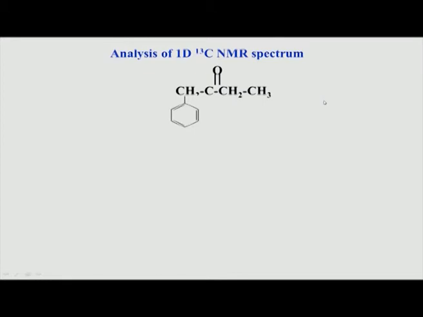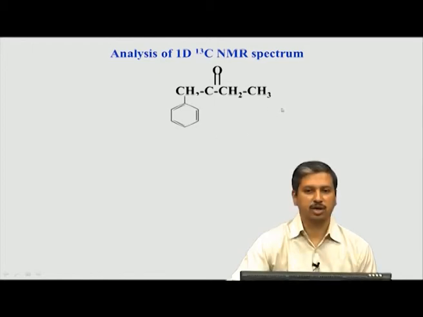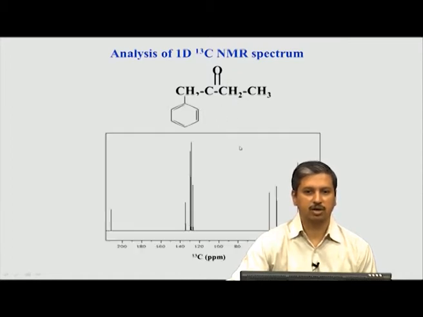So, we will look at an aromatic spin system, an aromatic case, where the aromatic system is shown here, and there is this carbonyl attached to this. So, this is a ketone. So, now we are looking at a ketone functional group. We have seen carboxylic acid, we have seen ester. Now, let us see what happens in case of a ketone. So, the spectrum of this molecule is given here.